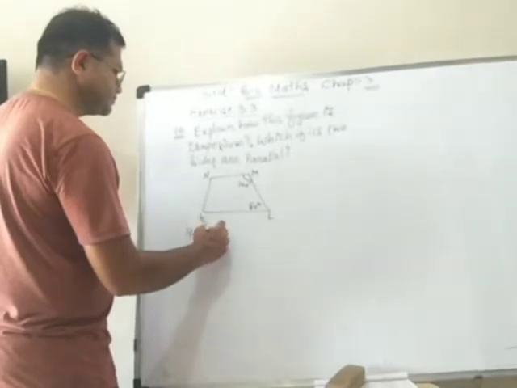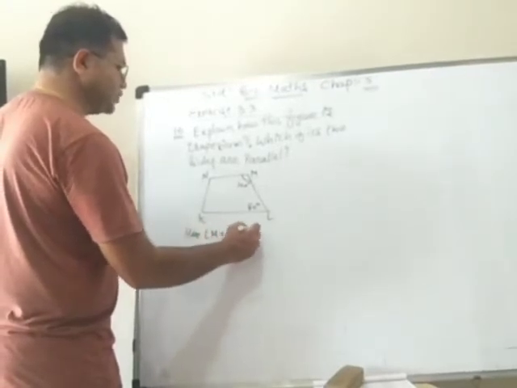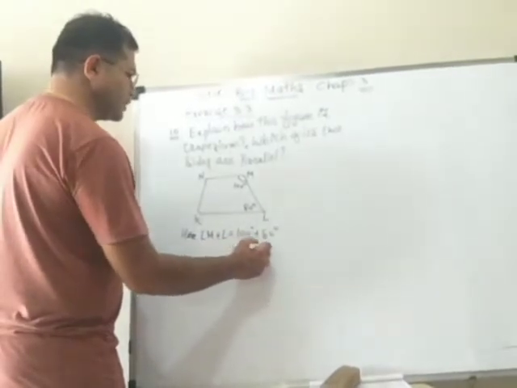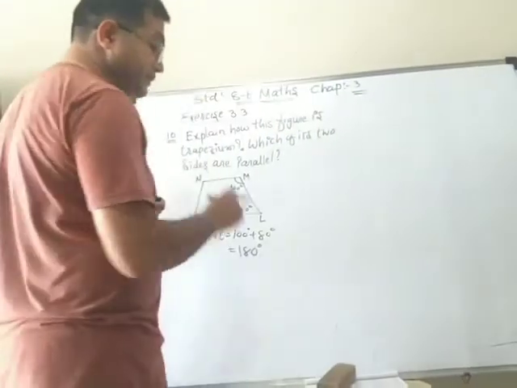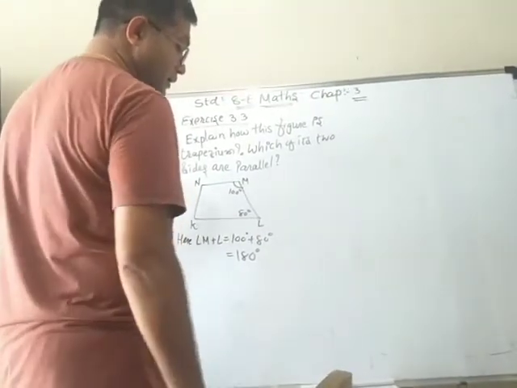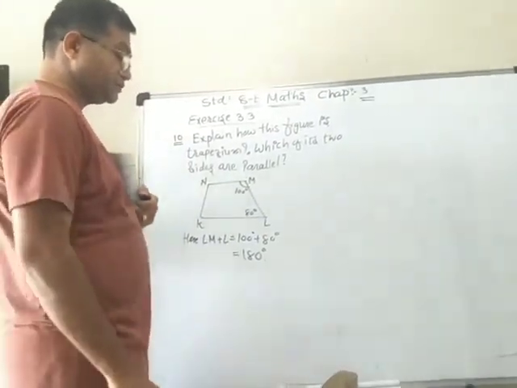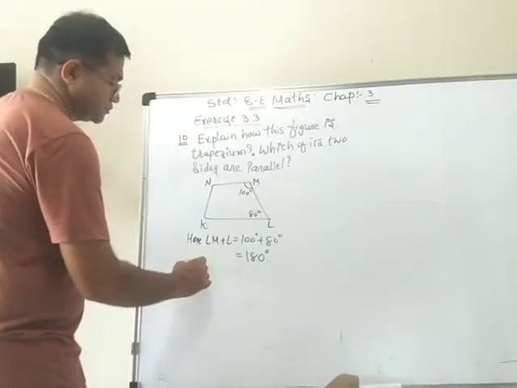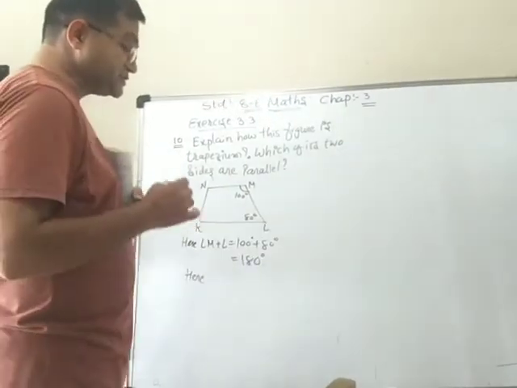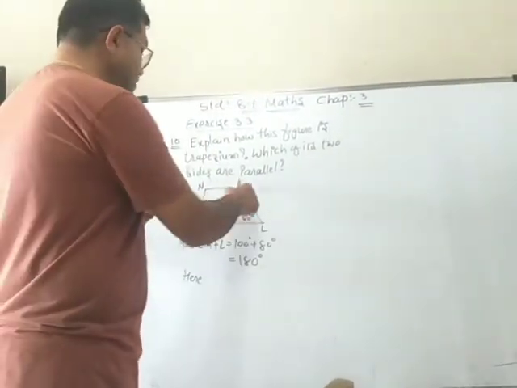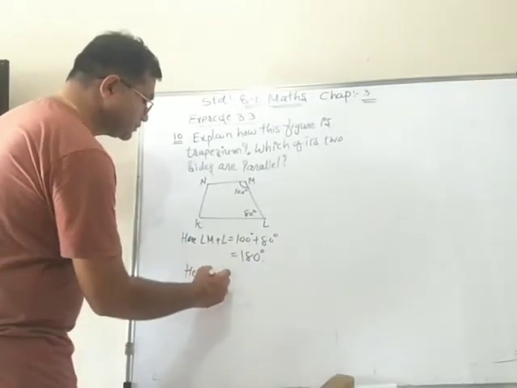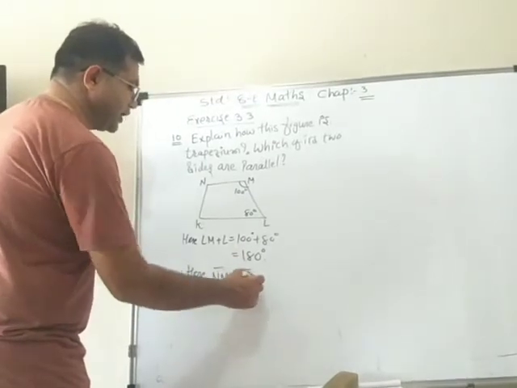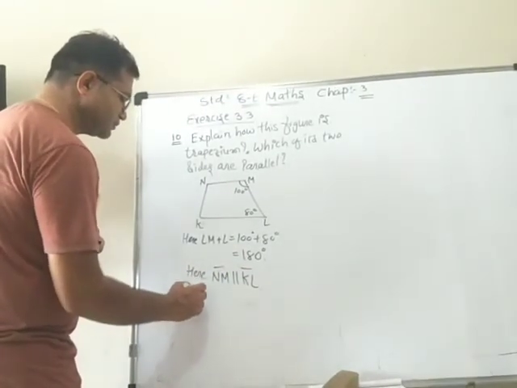Angle M plus angle L is equal to 100 degree plus 80 degree is equal to 180 degree. Now, therefore, what can we do? We can say that NM is parallel to KL. Here, NM is parallel to KL. How? Because